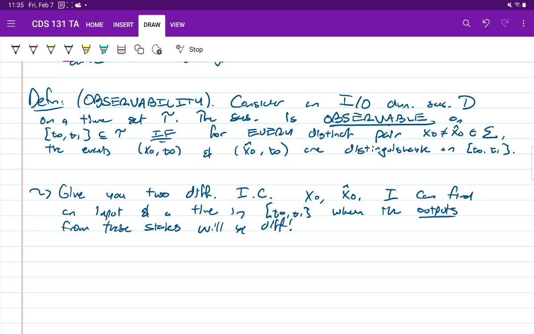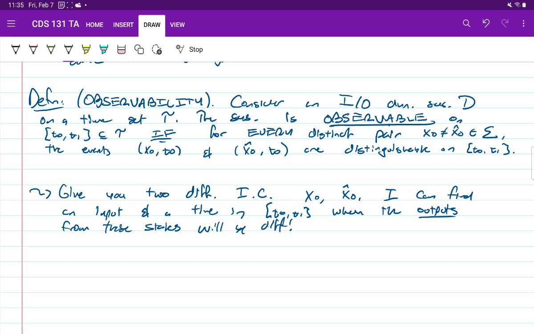All right? So you might be asking, this seems like a tricky condition to satisfy, right? Because I'm saying for any two states, I need to be able to find one input. It's not going to be an input that works for any pair, right? I'm giving you any pair, and then I'm finding an input specific to that pair. You might be asking, can we do this output separation, this initial state separation, for any given input signal? It turns out for the class of LTI systems, yes. So we'll talk about this a little bit later, but you should just know this is going to work out pretty nicely in the LTI case.